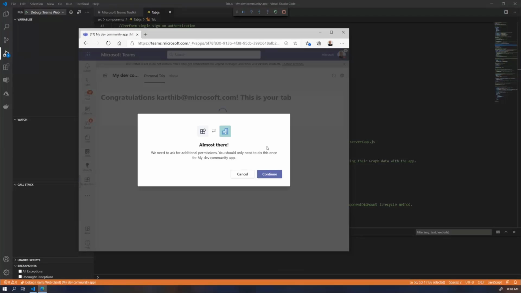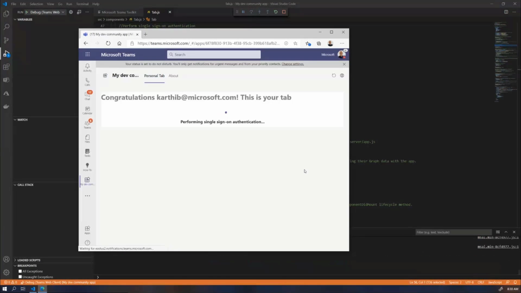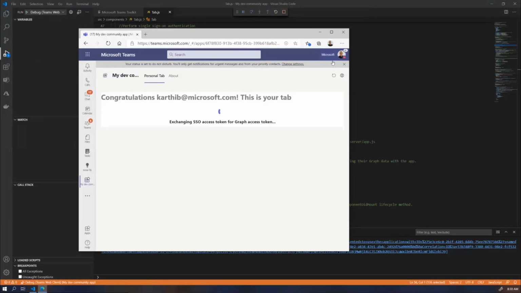But what you're seeing now is the single sign-on speed bump. We're asking the user to consent to performing SSO, and you should only need to do this once. Okay, I've consented. Hit accept. Perfect, we got the SSO token, and now we are going to